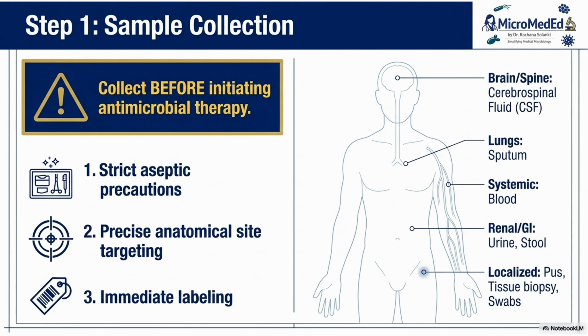So what you have to mention is, if it is a bacterial infection, collect before initiating antimicrobial therapy, antibiotic or antiviral. Strict aseptic precautions should be recommended, with precise anatomical site and labeling. Now, how can we understand which sample will be taken? It is based on your etiological agent, the clinical manifestation and the system involved. Like if it is pulmonary tuberculosis, you know the system is the respiratory tract, the lung would be affected, so the sample would be sputum. But if it is a case of meningitis, what would be the sample? The CSF, before introduction of antibiotic and in an aseptic manner.